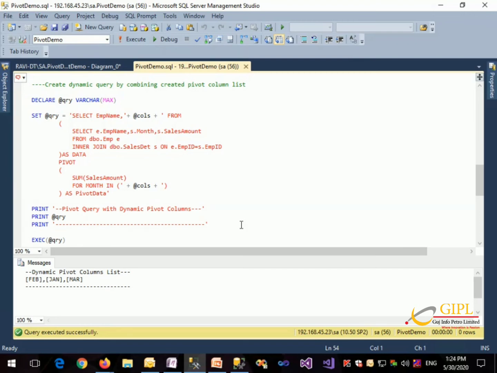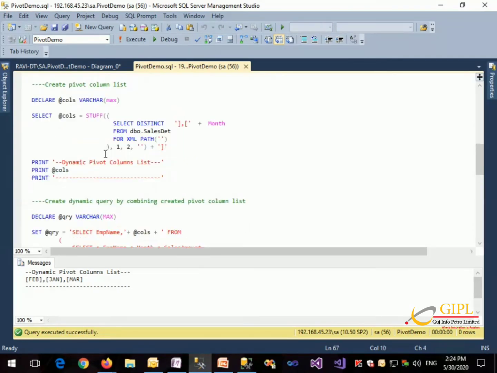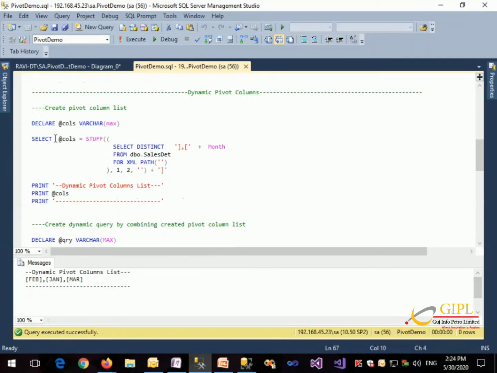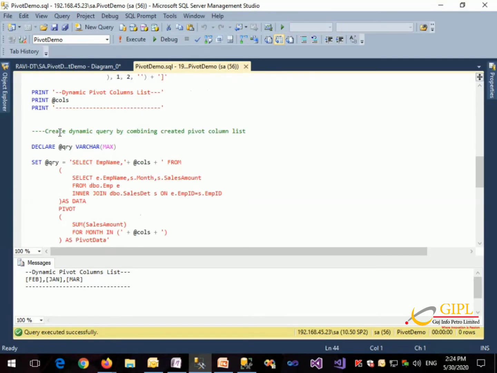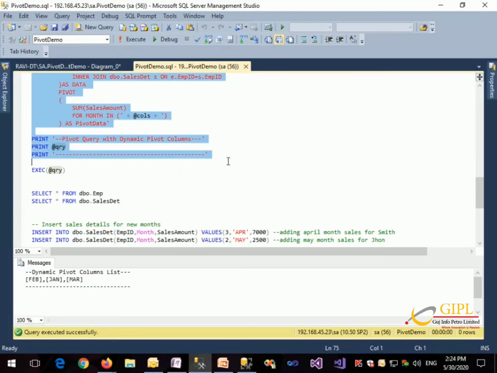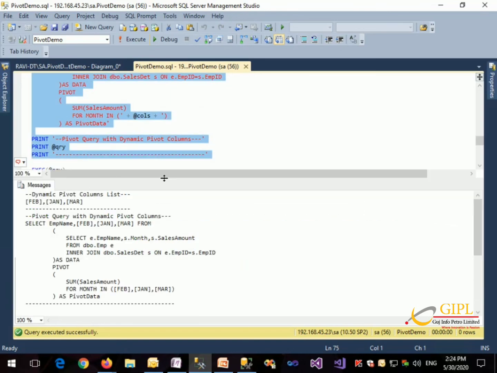If we print this query variable now, we should get the complete query with the pivot columns. As we can see in the output, we get a similar query to the one we created earlier using static columns. Now we can easily run this query stored in the query variable using the execute function.